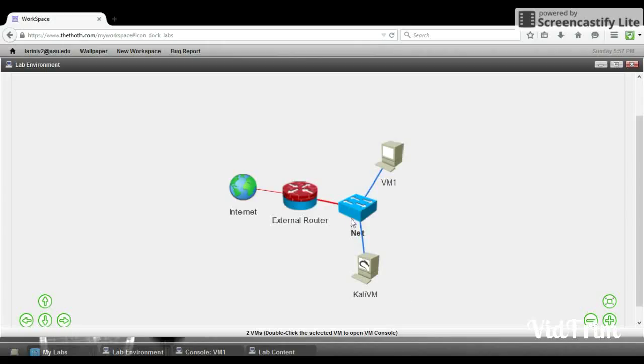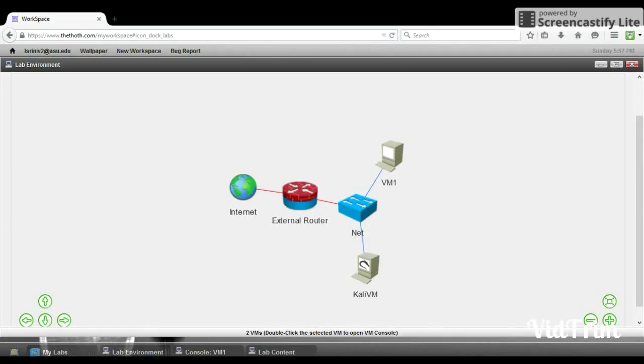Hello everyone. In this lab, we will be learning how to establish a certificate authority, issue a digital certificate to a company, and set up an HTTPS server using this certificate. So the lab environment would consist of an Ubuntu system and a Kali VM. The Ubuntu system acts as a certificate authority, and the Kali VM would act as a client, and it is also used